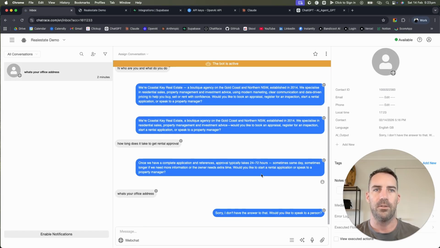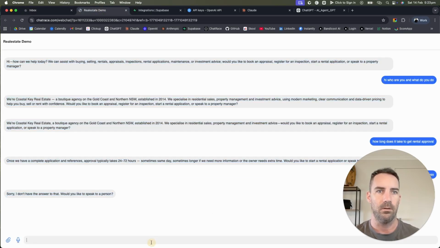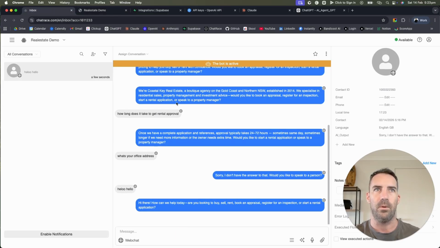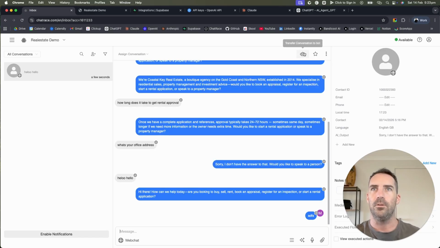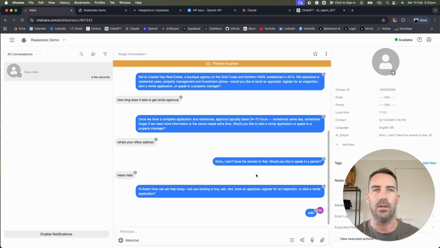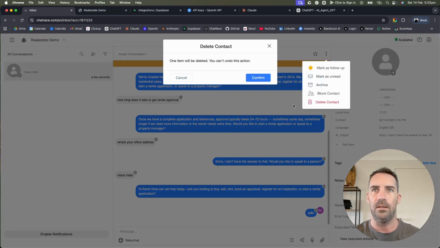And then you can see the conversation here, and you can actually see this happening live. So if I come in here and go, hello, hello, you'll see that pops up there, and you can actually come in here and talk to the user. And then when you're done, you'll see a little transfer back to bot, and you can click that and it'll go back to the AI. So you can come in here, see this live, and take over whenever. But I'm just going to clear this for now